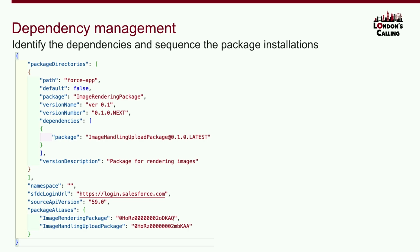You may not know what packages are in there. And there is something called org-dependent packages. Org-dependent packages is a means of offsetting or sort of offloading the responsibility of those dependencies. You're not defining them up front. You're making an informed decision that you expect this to be available in the target org, not the org that